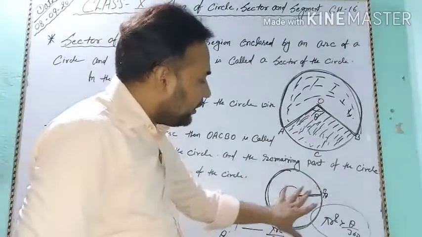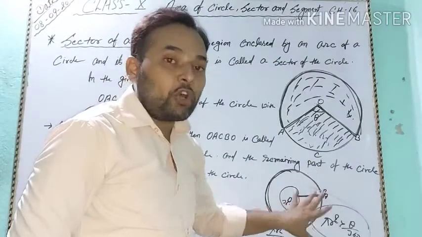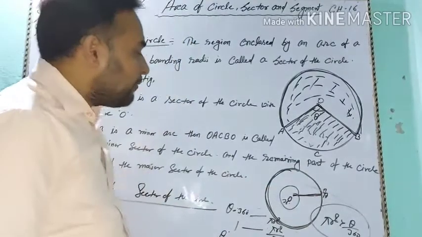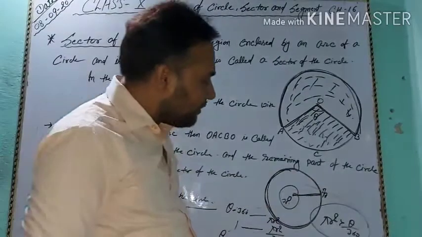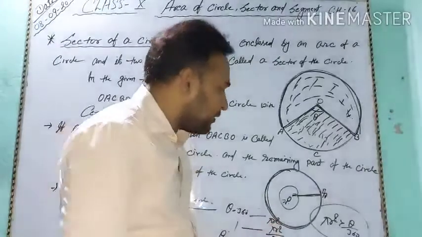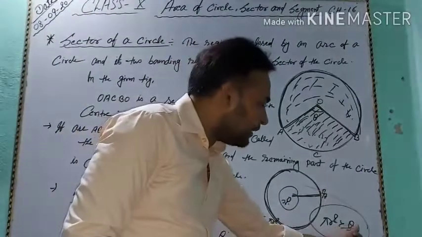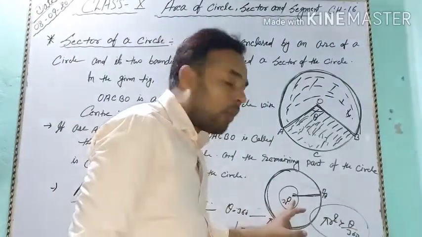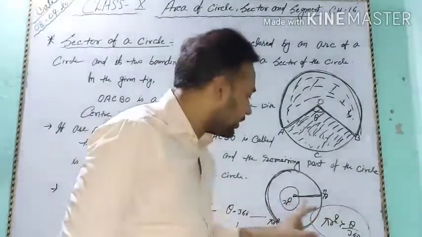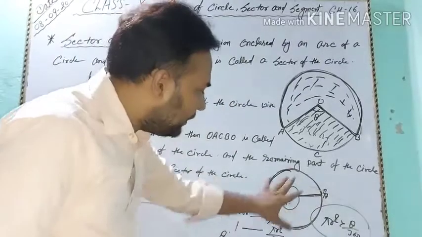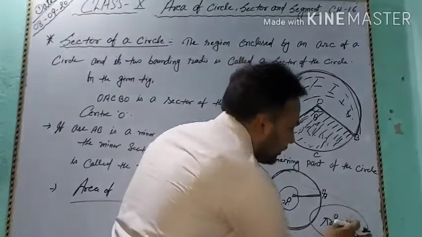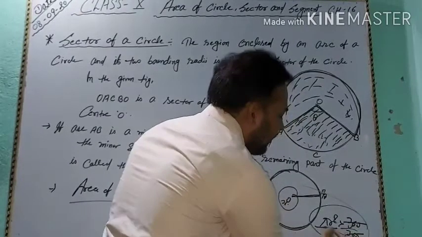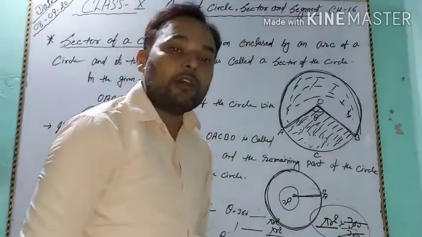Okay, so the complete circle is the factor of a circle. Complete circle is the factor, and the area of the circle is pi r square multiplied by theta by 360 degrees, where theta is the central angle of the circle. Here for the complete circle theta is 360 degrees. If we put theta equal to 360, 360 and 360 cancel, then the area of the circle is pi r square.